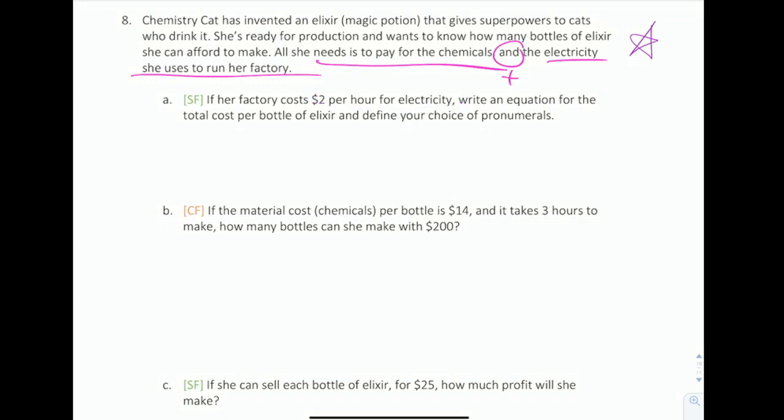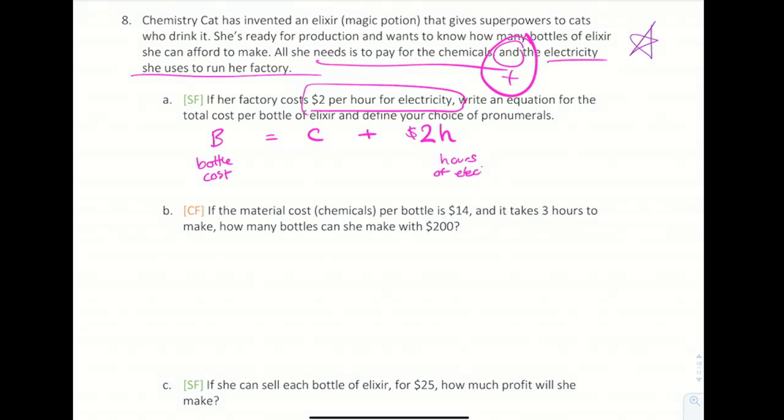So I'm going to use this information and this information together. So let me just remove some of these underlines here. So I'm going to use B for bottle. Okay, bottle cost is going to be the chemical cost. So C for chemical cost. And, because and over here, the electricity cost. So the electricity cost is this information here. So that is $2 for every hour. I'm going to use the letter H for hours. So hours of electricity. And, oh no,